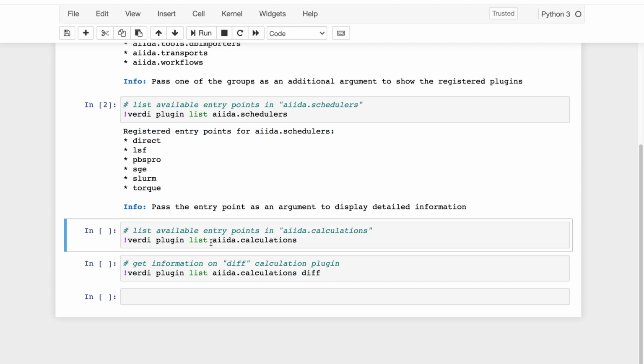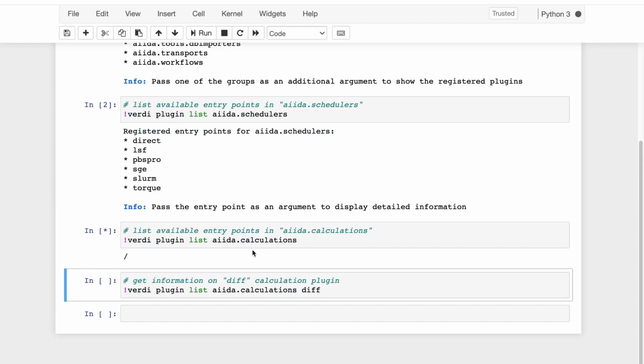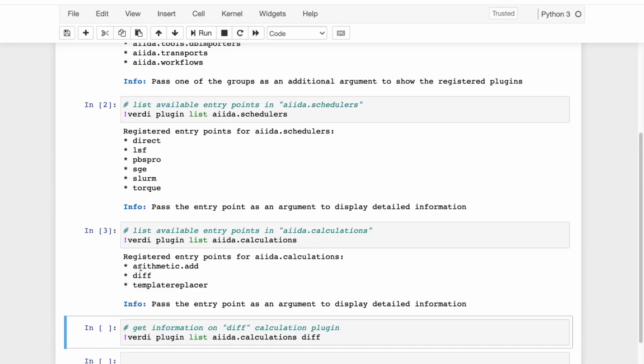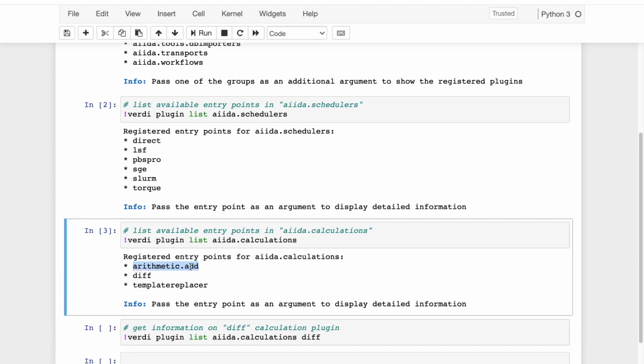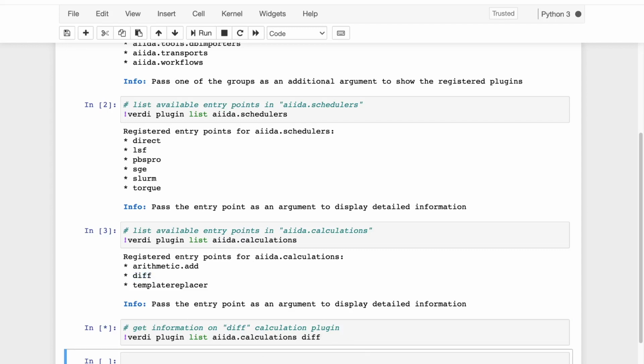But you can also have a look at, for example, the aida.calculations entry point group. And if we have a look there, we will see two of them that are provided with aida-core. This arithmetic.add one is actually one that you will look at in the calculation plugin tutorial. But we also see that there's this new diff entry point, which is provided by the aida-diff plugin. And you can now append this entry point name again to the end of the command, verdi plugin list aida.calculations diff,